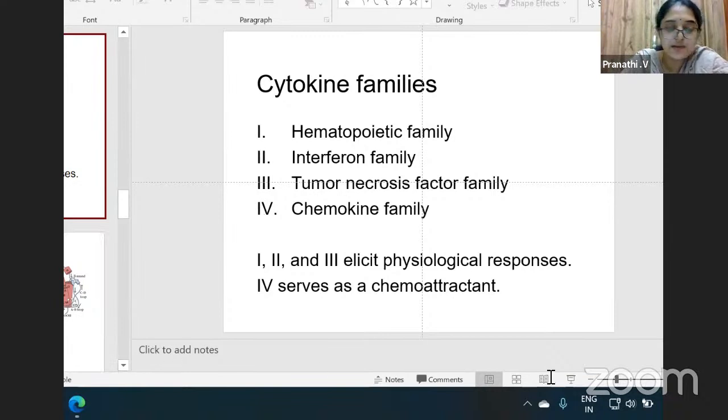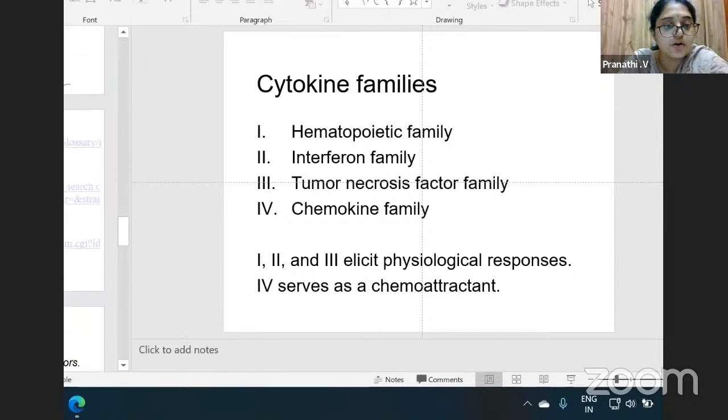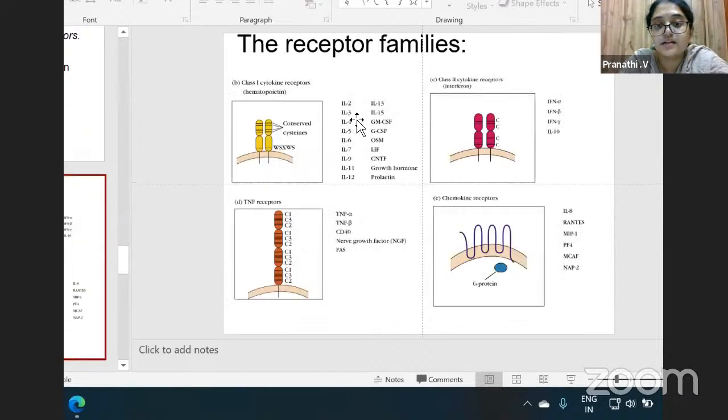The immunoglobulin superfamily plays a role in inflammation, and it includes receptors for interleukin 1, macrophage colony stimulating factors, c-kit, and interleukin 18. The interferon family has multimeric receptors composed of heterologous subunits. Basically, these are the receptor families. You can just have a look at it. The interferon family includes IFN alpha, beta, gamma,